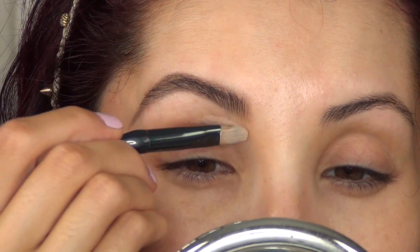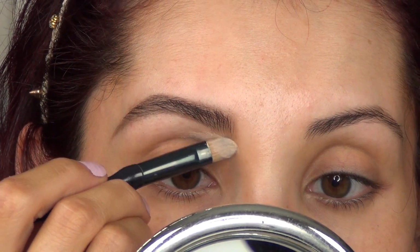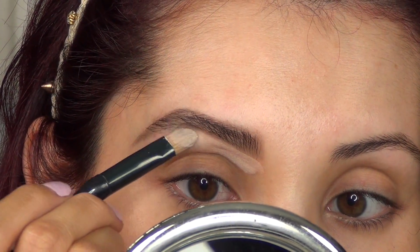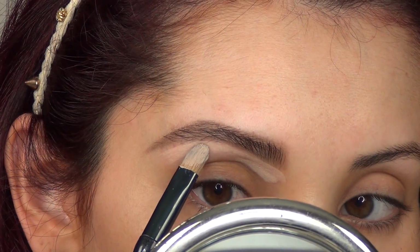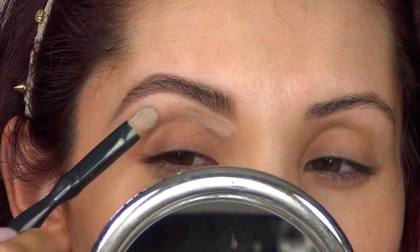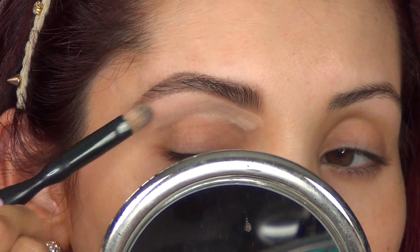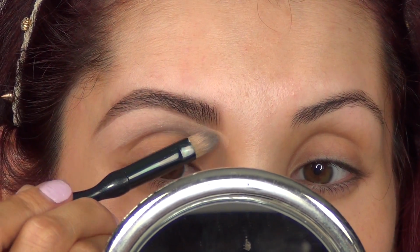You don't want to take too much concealer. And I always kind of start off really low just to make sure that I don't have a lot of product, and then I'll go in and kind of creep up onto the brow. And so if you made any mistakes before here, you can correct anything. And it also gives you a nice base for your eyeshadows as well as a nice highlight. And so just little by little, you kind of just want to clean up that